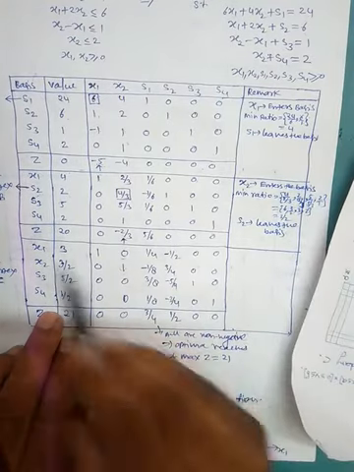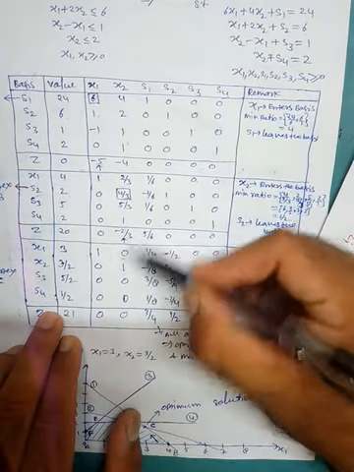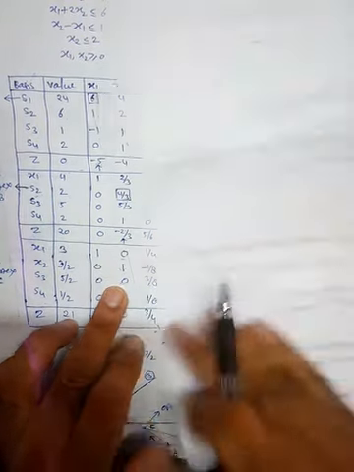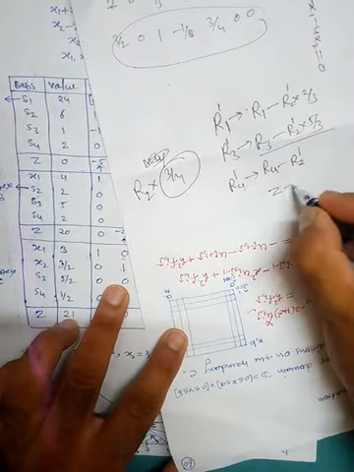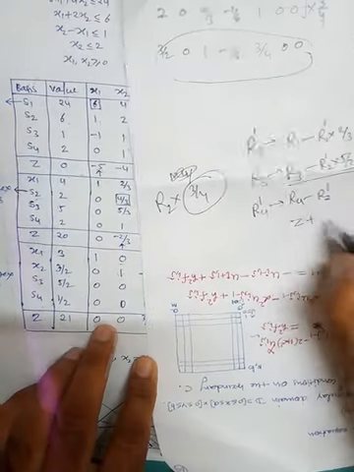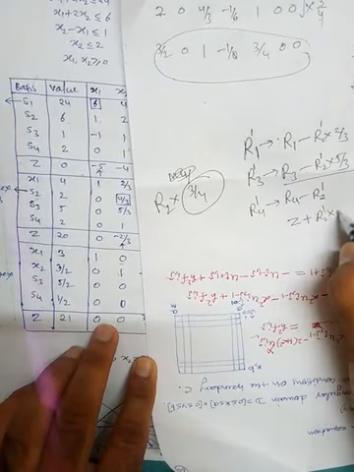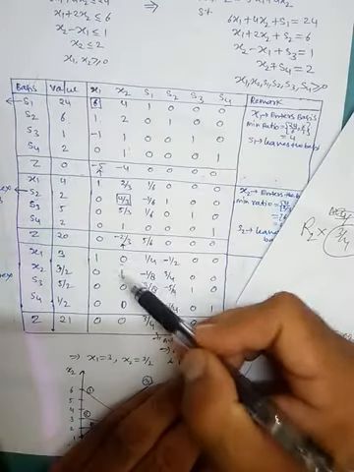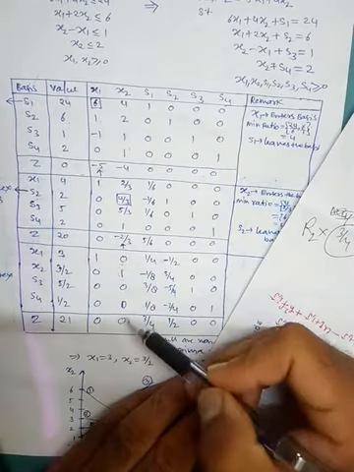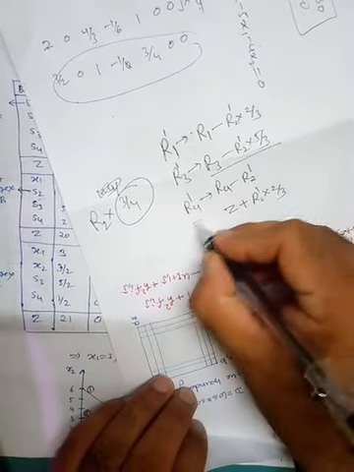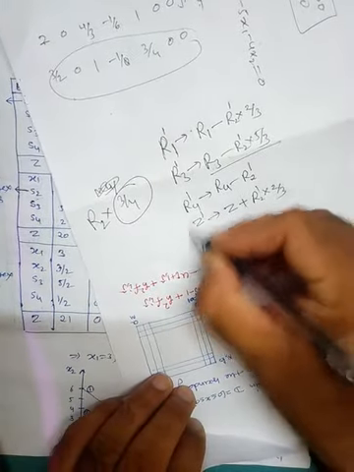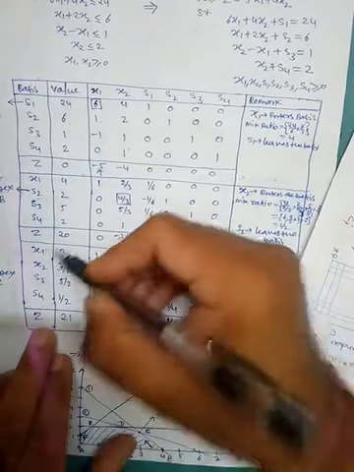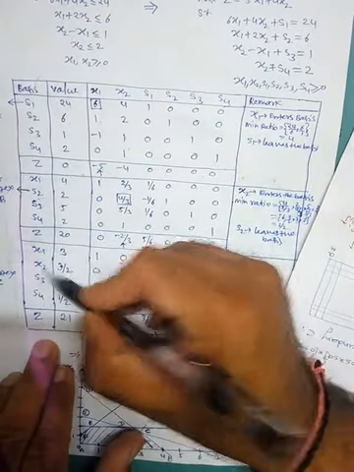And based on this, here we have minus 2/3, here is 1. So just multiply the second row and add in the Z row. So Z row plus R2 dash multiplied by 2/3. Just multiply by 2/3 here and then add in here. So ultimately you will have a 0 here. Whatever you have done is in the revised Z row. This is the revised Z row. So now you can see here x1 is 3, x2 is 3/2.